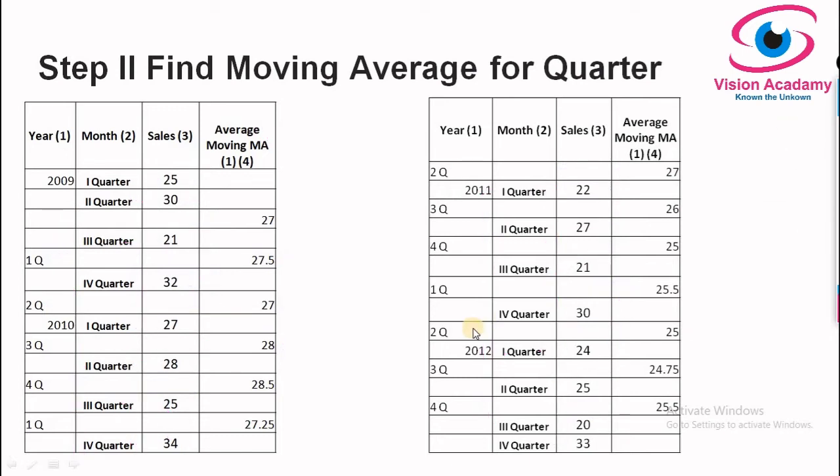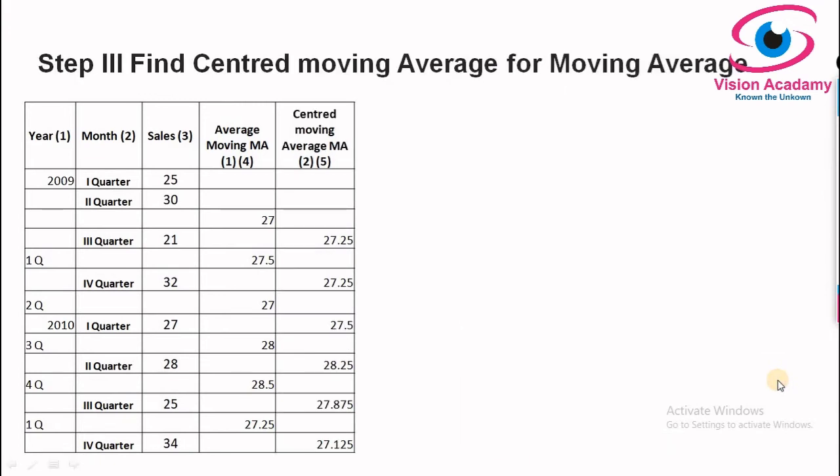Very importantly, in the second step we have taken the moving average for all the given observations. Let us move to the further step, the centered moving average, which is very simple compared to the moving average. A centered moving average is very simple. Here I will show you, we have different moving averages, and we need to take the center of 2 different moving averages.